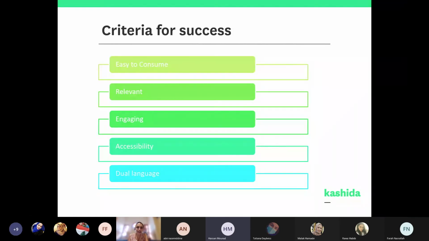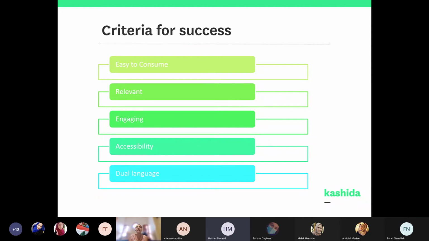So our criteria for success was these 5 aspects. We wanted content that is easy to consume, and this was related a lot to how we organize the space where individuals can consume the content, relevance to each of the user groups and to the needs, engaging, accessible, and had dual language and felt seamless within the dual language. At the same time, it had to be culturally relevant to the region, but also applicable on a global level.